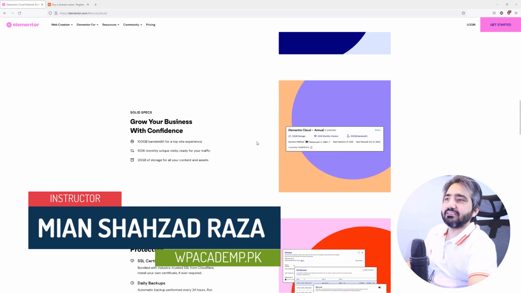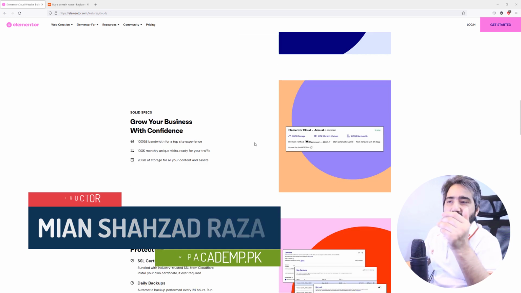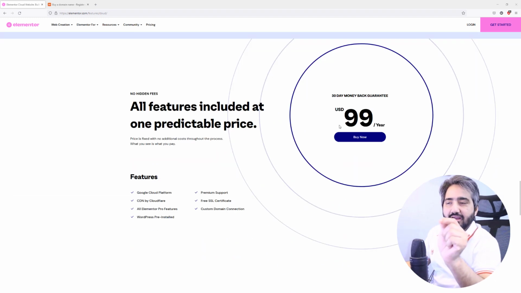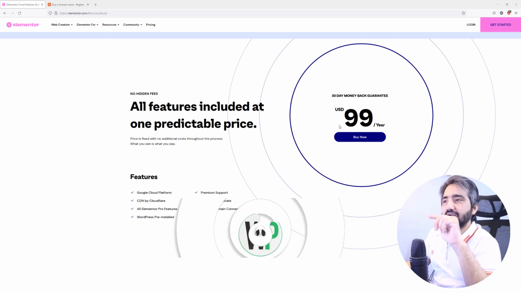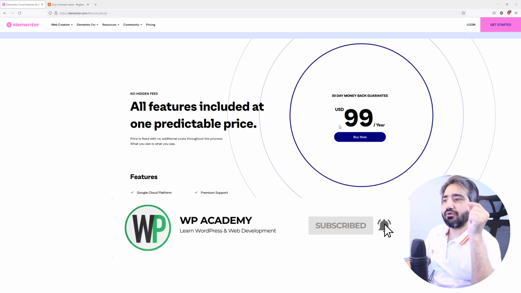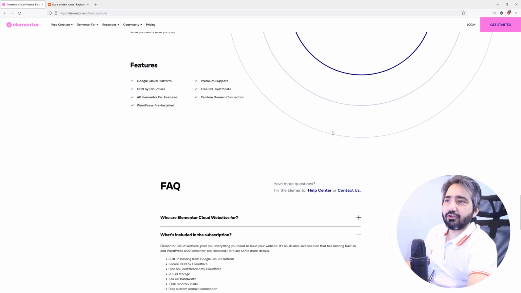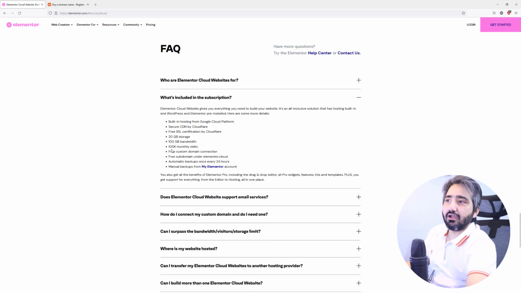Elementor Cloud is basically powered by Google Cloud servers, and you just pay $99 per year, and there are no additional hosting fees or Elementor license. You get Elementor Pro license in the same amount, and you also get free web hosting that is powered by Google Cloud, which is currently the most expensive and most powerful hosting solution. And what you get in this $100 per year, you get 20 GB of storage, 100 GB of bandwidth, and